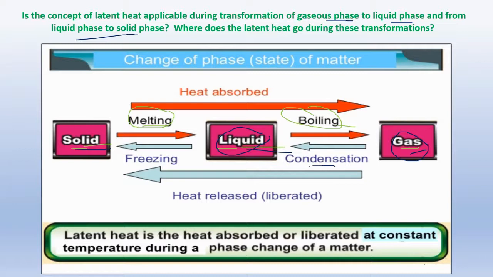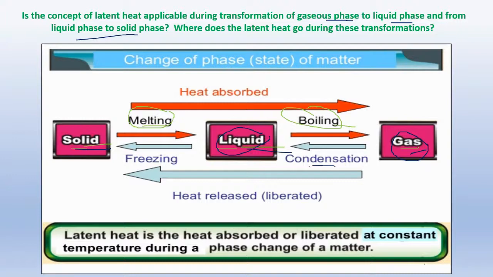Due to the heat released, that is the heat liberated, the gaseous form is able to take the liquid form and the liquid form is able to take the solid form. So this is how the water vapor is converted into liquid and solid form. Over here the heat will have to be released for the conversion of water vapor or any other object to liquid and solid form.